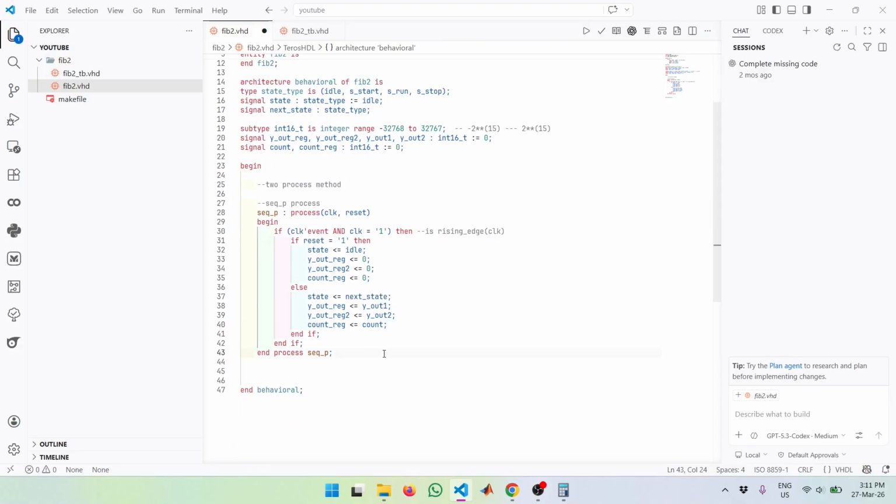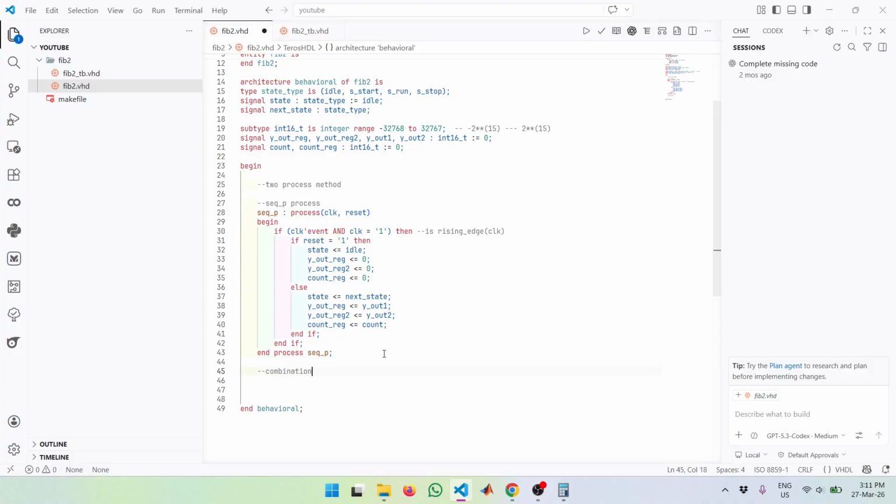So we have initialized the register, and in case of a clock edge, so in case there is a clock detection, then registers will be updated and the state will also be updated. So now we need to implement the combinational process,